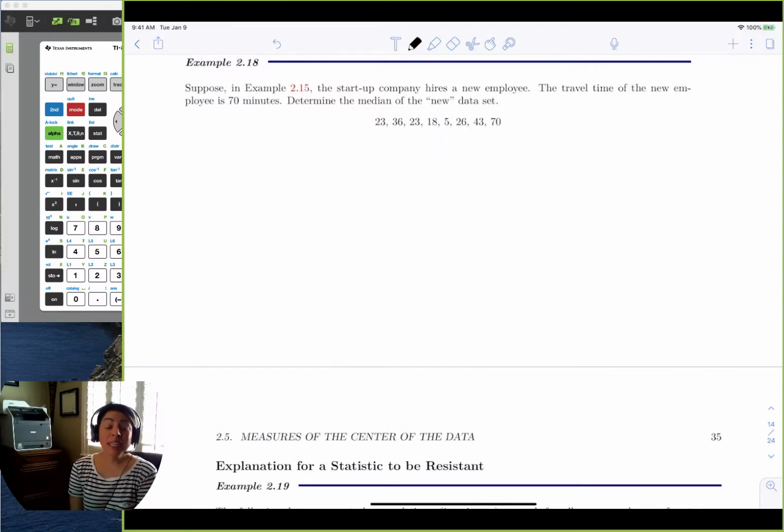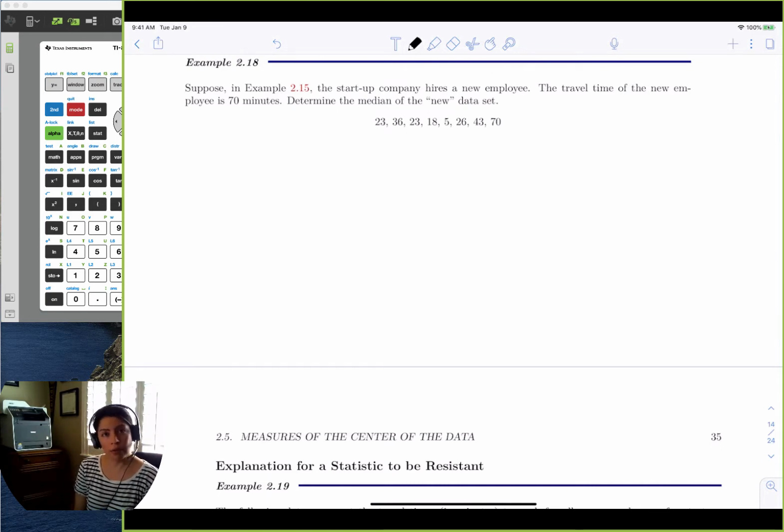Okay, so to continue this section, we're going to go into a little bit about the middle and how the middle is weighted, and the difference between the median and average, and how the average can be weighted and how the median isn't weighted. So if we go back to that startup company with those travel times to work, we had 7, right? So what if we had a new employee come in?